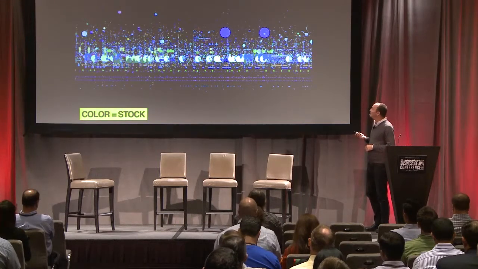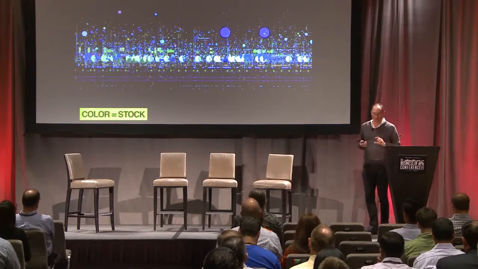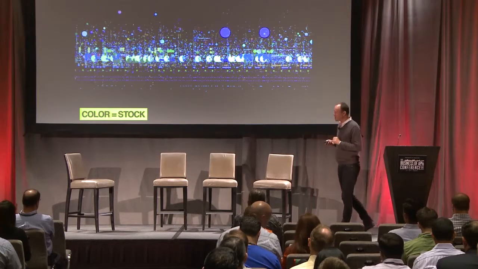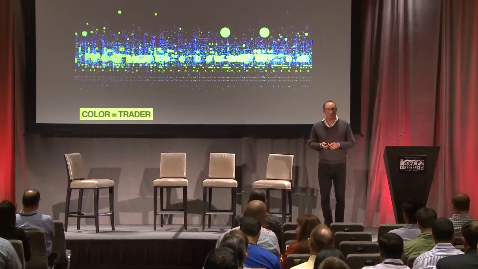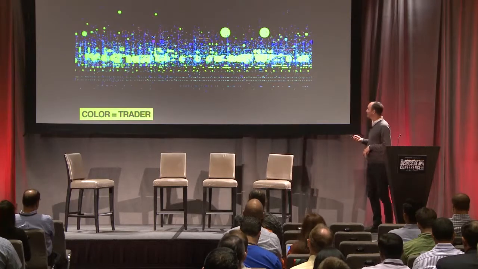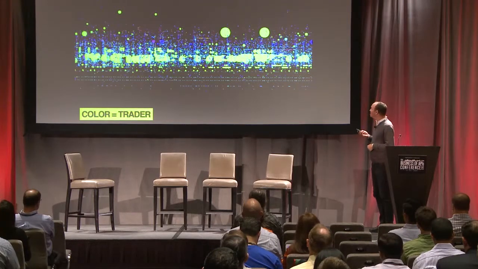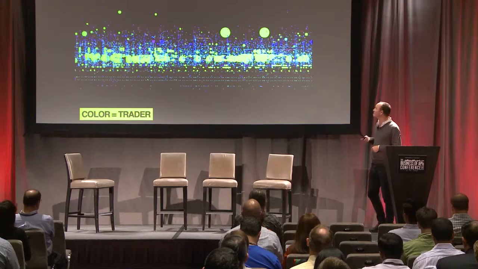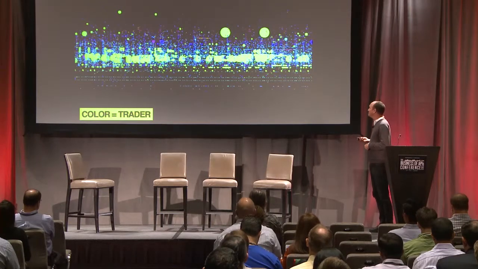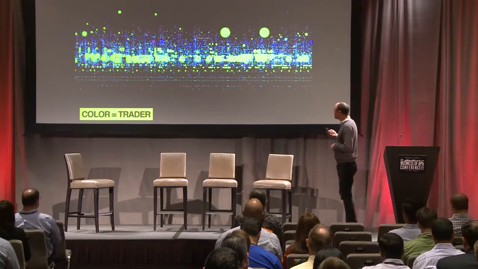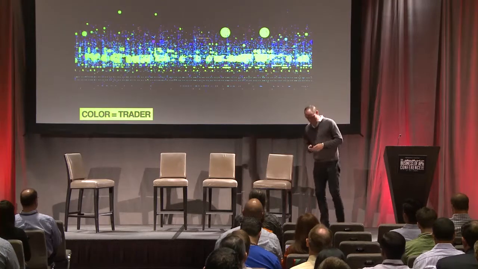When you shift the color values and color them by trader, you get a really different picture. Just to go back for contrast, that's by stock, a lot of variation, and that's by trader. This green color is Knight Securities. These are the guys that introduced beta software into the market and had that whole big market collapse in about 20 seconds. Something like $4 billion evaporated because they introduced some rogue software.